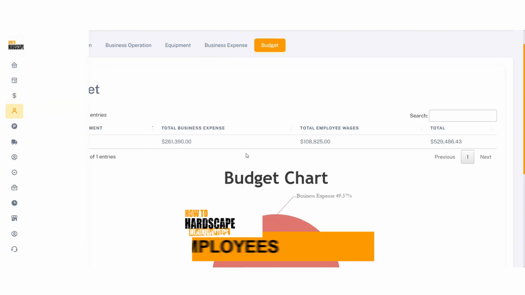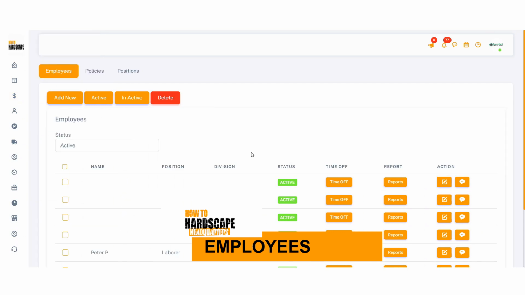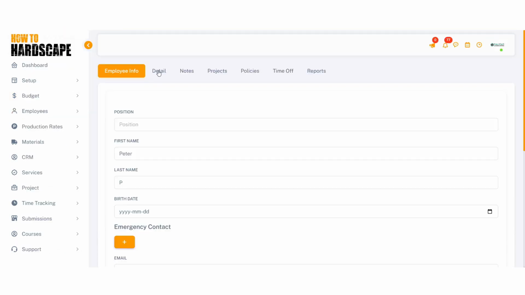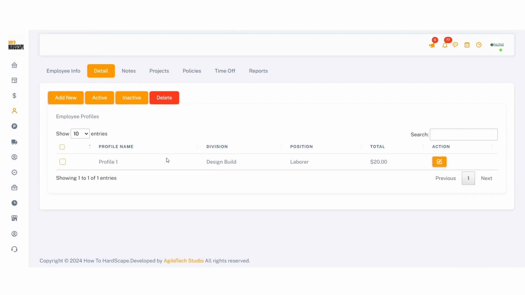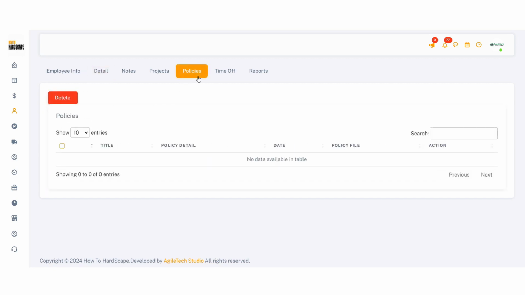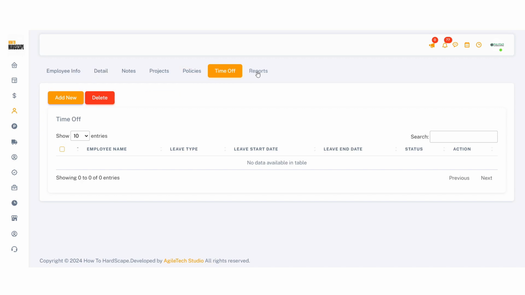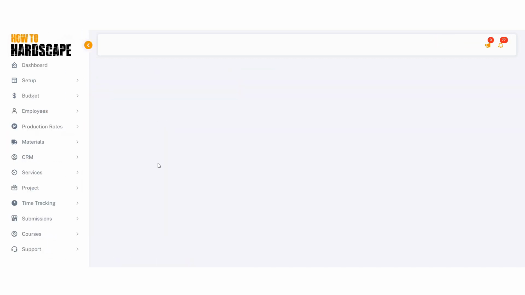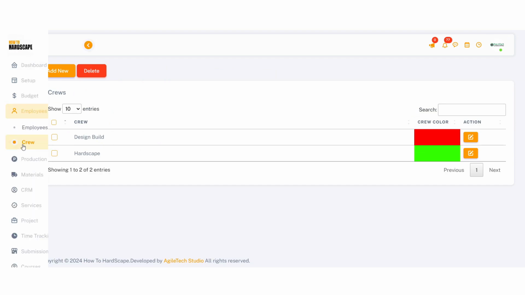You can add employees to your budget and to your system. So you can see here we have a bunch of different employees, but we can also add multiple different profiles. For example, if your employee gets paid different in the wintertime for snow clearing as opposed to the summertime for the design build business, you can create multiple profiles for that employee. You can see the policies that they've signed off on and any time off requests and reports that they have actually submitted. You can associate them with different crews in your business, and that helps when we get to the